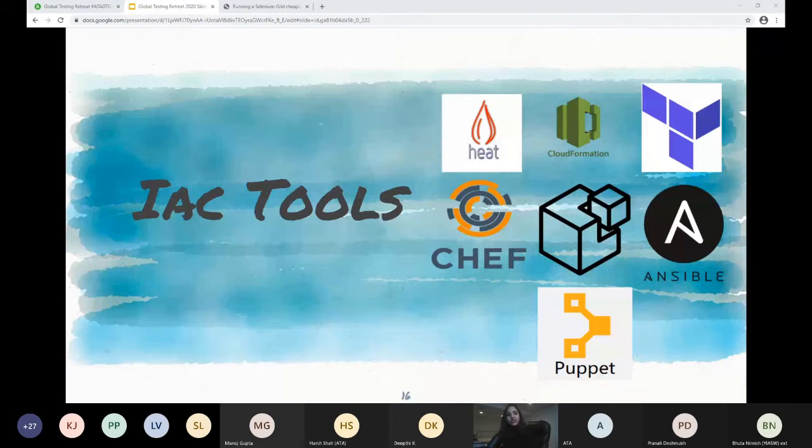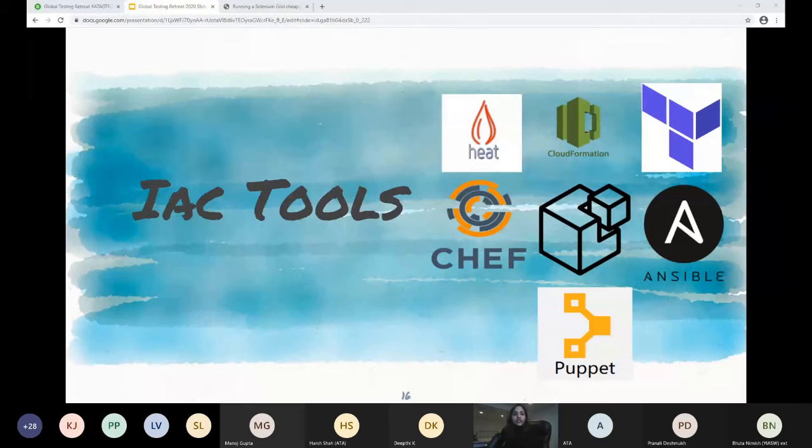And then coming to the infrastructure as code tools, many cloud providers provide their own native infrastructure as code services. For example, if you're using AWS as your cloud provider, they have their own native solution called CloudFormation, which helps you orchestrate and write code. Azure has its own thing called Azure Resource Manager, and Google Cloud Platform has Deployment Manager. Even private clouds like OpenStack have their own orchestration tools like Heat. And when you go to hybrid cloud, you can use something like Terraform, which supports most of the cloud providers that are there.